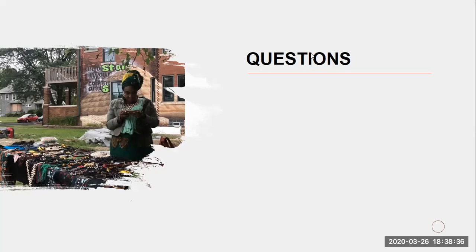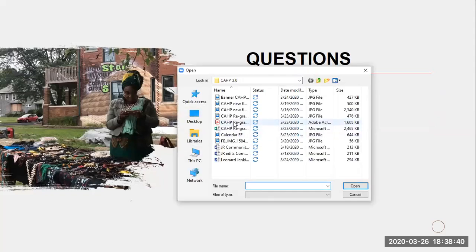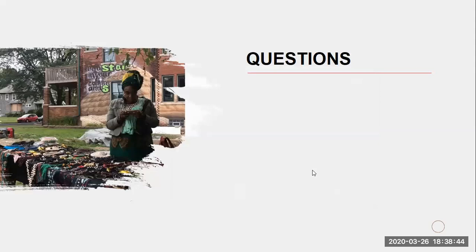I was actually going to upload the flyer in here too. That's right, yeah. Just so that it can be in the chat and people can have that. So that's definitely available for everyone. So I'll give you a few seconds to think about that if you have any questions, and then I will continue, because it's not much more I need to say.